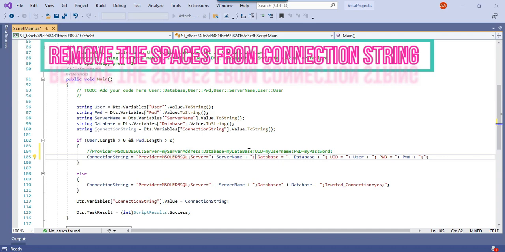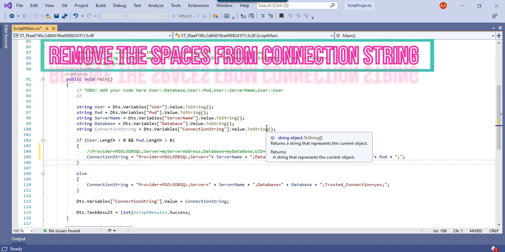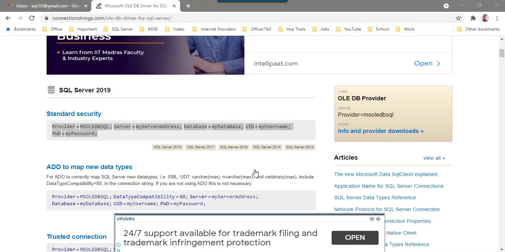Then the database is this database, and after the database you have UID, and then the username, and after the username you have the password, and then your password, and then you close the connection string. So this seems fine to me, so let me just try to rerun it.